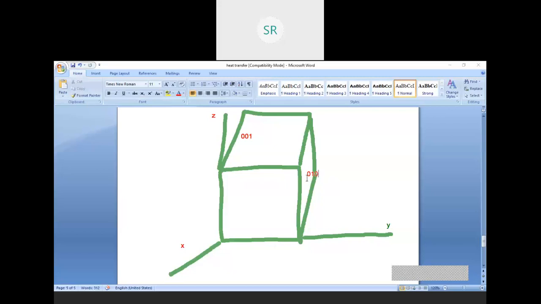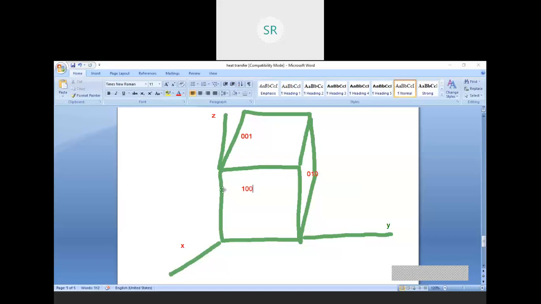So why? Because y is 1 and x and z, they are 0. And if I take the front face, so this is my front face, in the front face my x is 1, so it is 1, 0, 0. So x is 1, y is 0, z is 0. Okay.